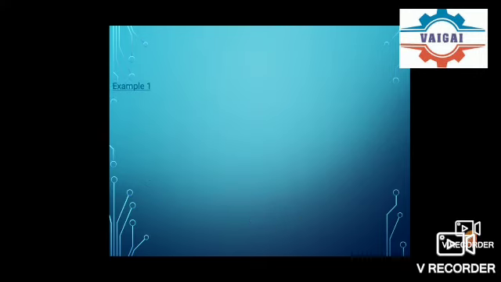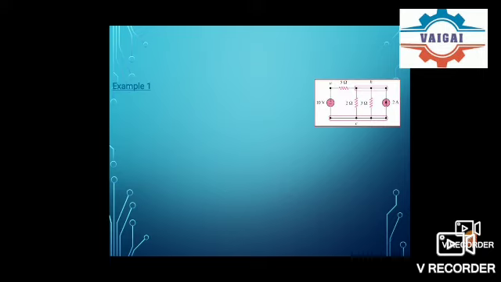Next we will see an example for nodes and branches. See the circuit shown in the figure. In the original circuit, A, B, C are the nodes, the meeting points of elements. The 10 volt voltage source and the 5 ohm resistance are connected at the point A, so A is a node. At the point B, 2 ohm, 3 ohm and 2 ampere are connected, so B is the next node. At C, all the negative points are connected, so that is also a node. So A, B, C are nodes.